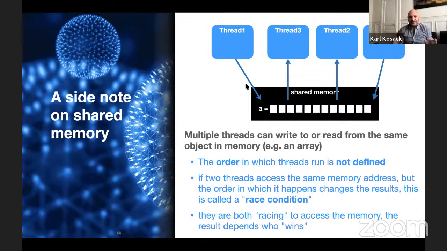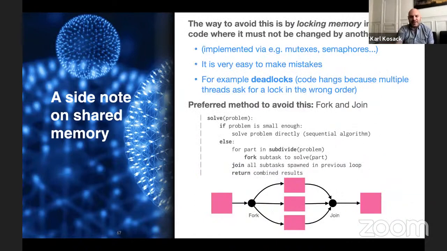So you always have to keep this in mind: when you do multi-threading and you're trying to share data, it's not simple. It's really not trivial to write multi-threaded code, and generally you should avoid it, to be honest. But there are ways around that to make it easier. The way it's usually avoided is by locking memory. There are methods in programming to tell all the threads, hey, I own this memory right now. You aren't allowed to touch it. Only I can operate on it.